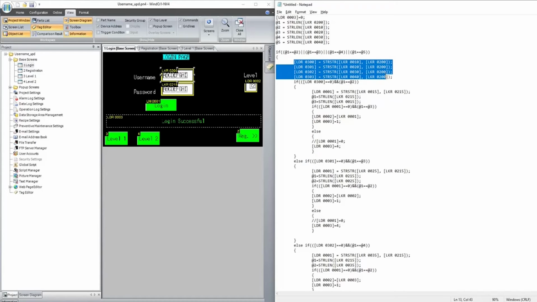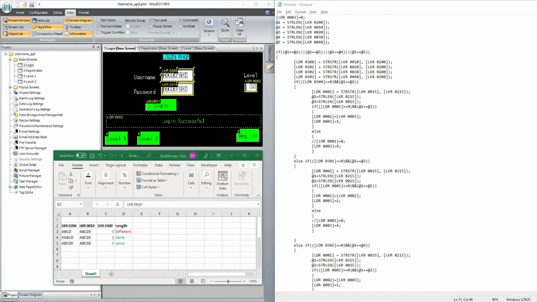Moving on, if any of the lengths match, the next step is to match every username with the value which I entered in LKR. The STR instruction, I'll show you in Excel format here. When STR happens, LKR 200 is matching with LKR 10.